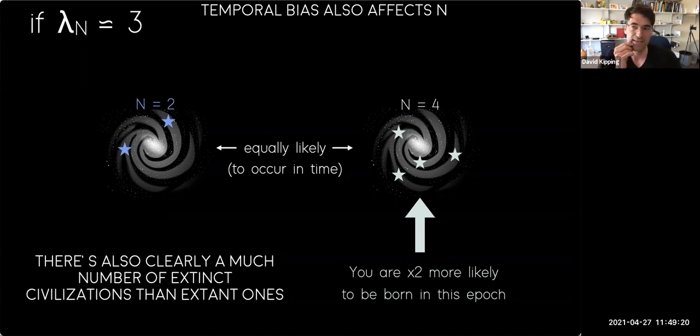With this in mind, the other thing I want to highlight is that there's clearly way more extinct civilizations than extant civilizations. Just whatever numbers you put into the Drake equation, you're always going to end up with way more in the past than present. And so many of us and my colleagues interested in SETI have been thinking a lot about what do very long-lived civilizations look like, and what do their relics look like? They might be long gone, but how do you leave a time capsule or some message or some record of your existence that can survive not just millions of years, but billions of years? How do you construct something like that? And should that be informing the way we conduct our own searches?